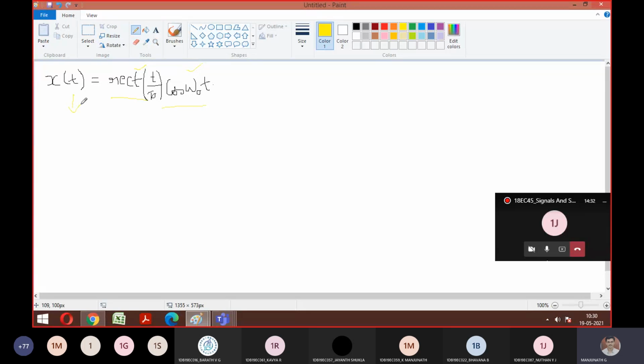So you got this type of problem, how to solve, everyone? You know how to do them individually. Now we have to deal with the multiplication of these two, the rectangular and cosine functions. What our x of t could be is what we are supposed to find. So let's try to analyze this.